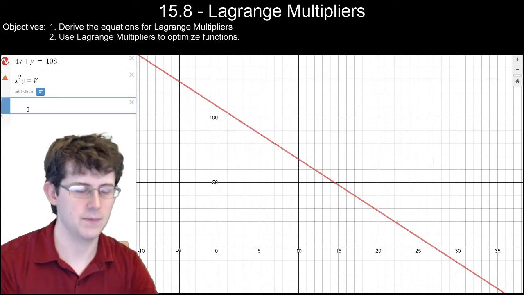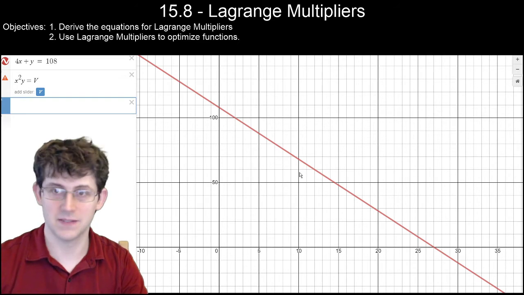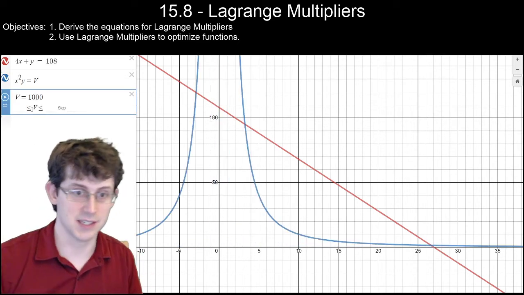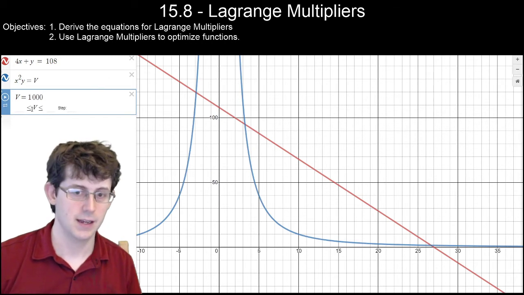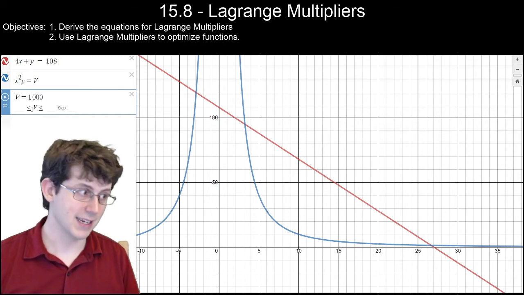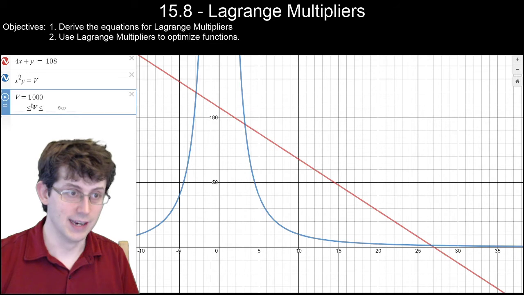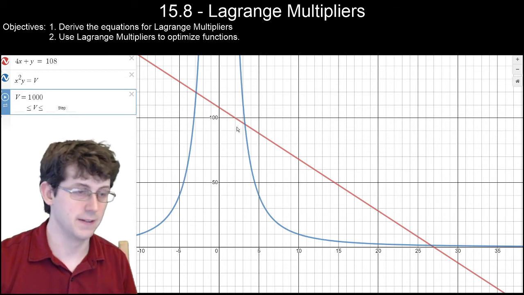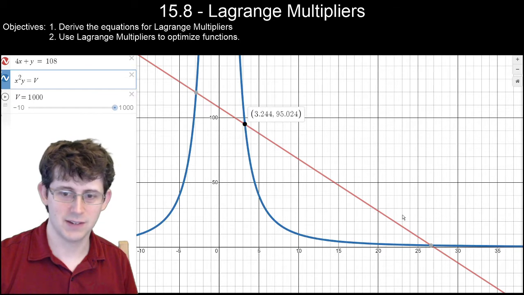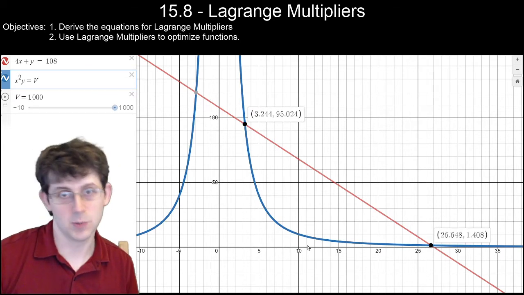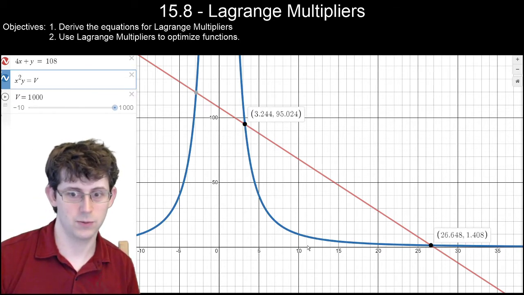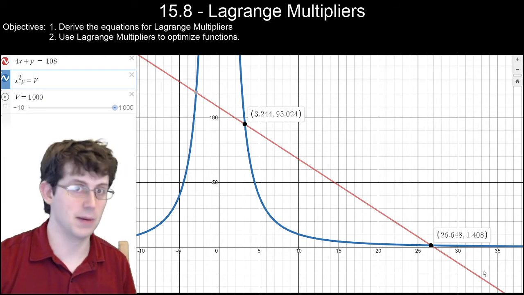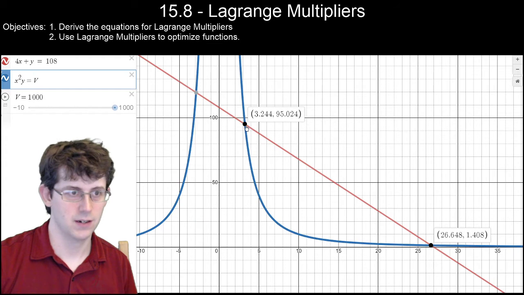So here's what you could do. You could say, well, I don't know what the best volume is, but I wonder if we can get up to 1,000 cubic inches. If you say, I want to get up to 1,000 cubic inches, you get 1,000 equals x squared y, which is this blue graph. And you can find that sure, you can get 1,000 cubic inches if you do one of these measurements,